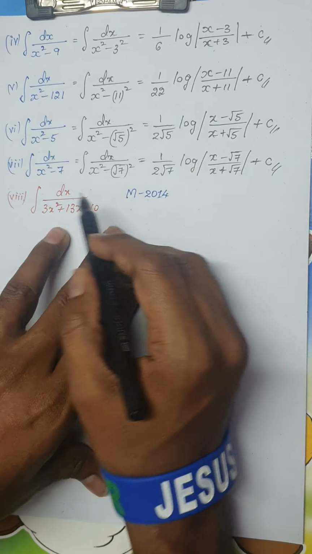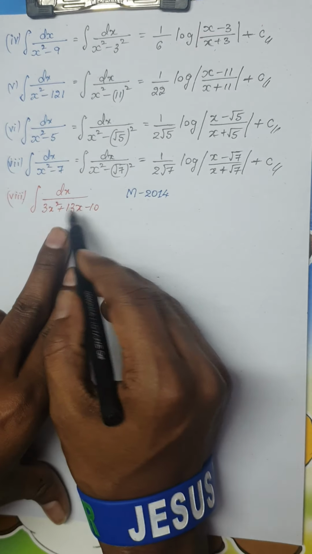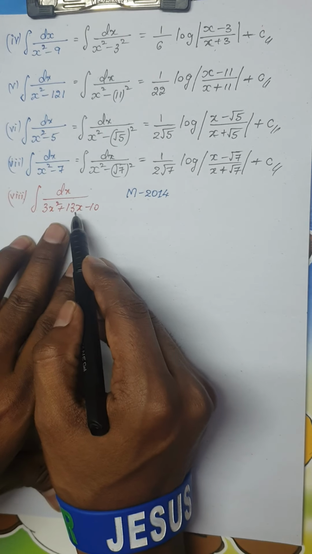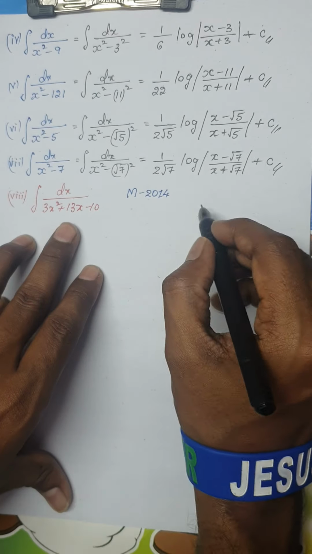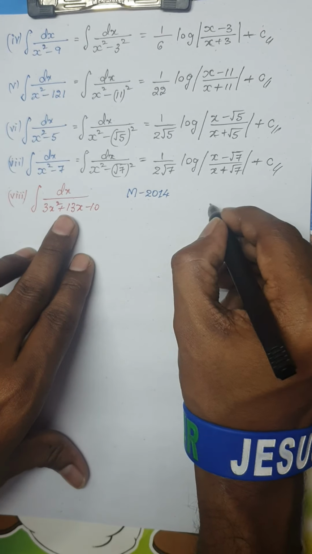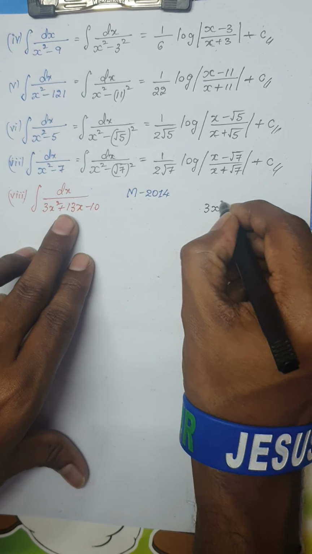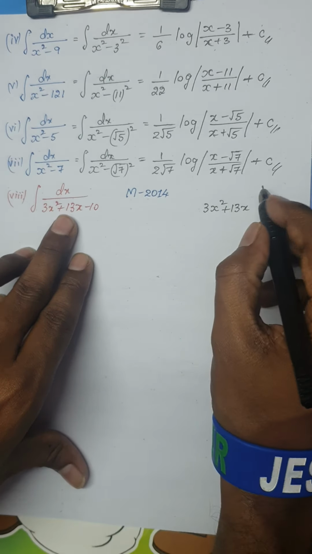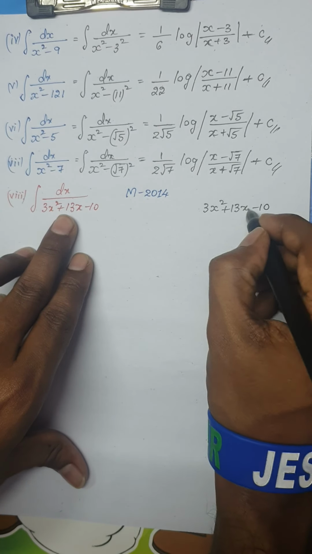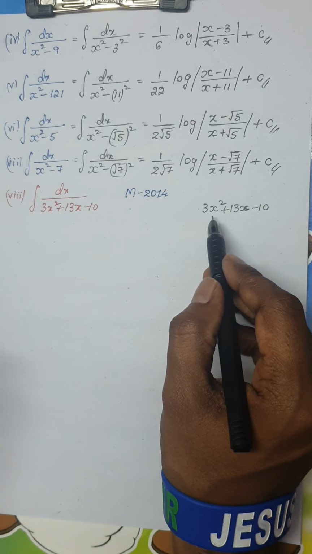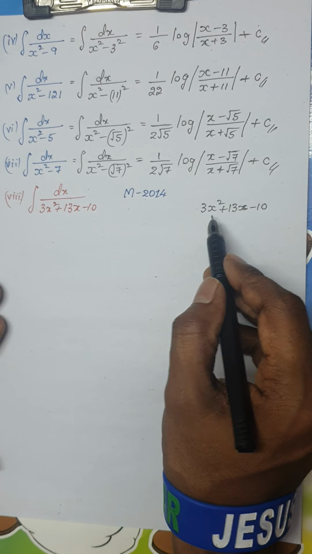This question was asked only once along with this proof, because this is a very lengthy question. I don't think this can be asked this year, because they know the proof is very lengthy here. This question takes more than 2 marks, but whatever it is, let us solve this. So I have 3x square plus 13x minus 10. Remember students, I have explained the process of completing the square in the 10th standard video. You can check that video once again.